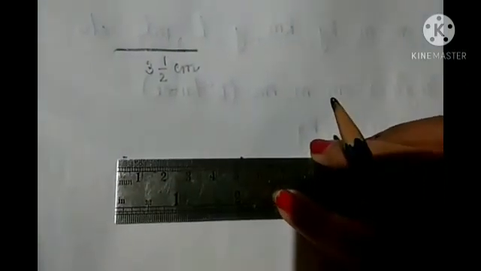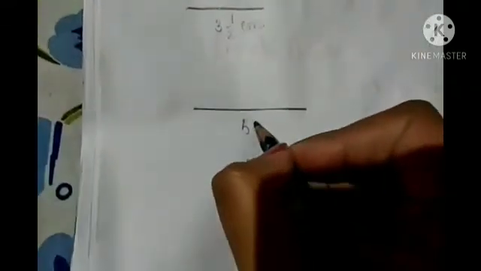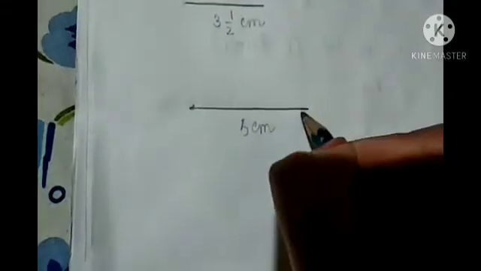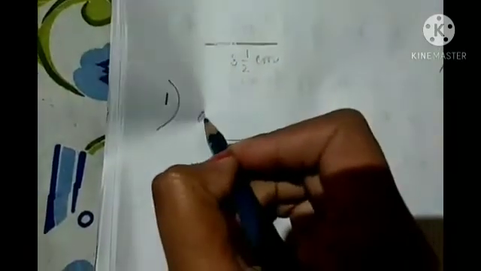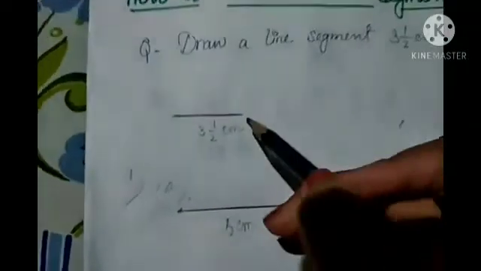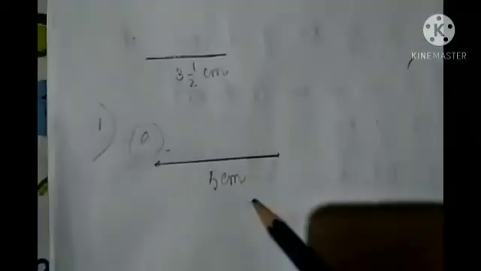So this point, okay, you have to draw the line. So you can see this one. So this one is 5 centimeters. So from this point to this point, there it is 5 centimeter. Okay. So one number, this one is A. Okay. So as I have already shown you 3.5. Okay. So like that way you have to do.